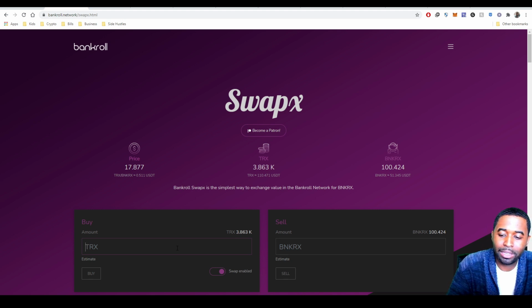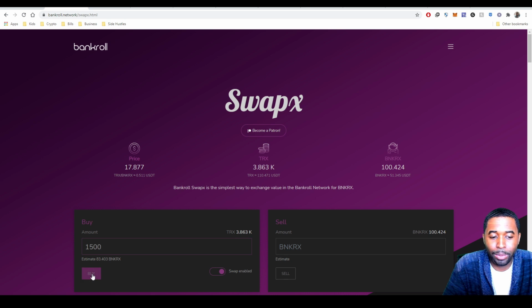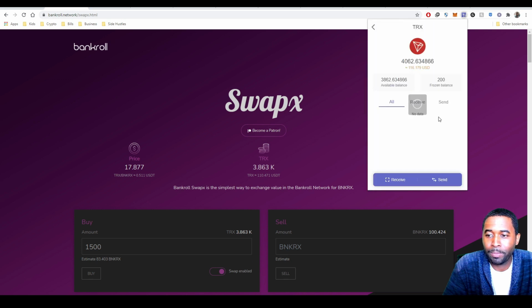So we would just take, let's say, the 1500 that we just got. We would hit buy. You can see here at the bottom how much Banker X we're actually going to get. So let's go ahead and do that. You have to make sure swap is enabled. So however much Tron you send, let's say you get 1600 like this example here. So 1595. Don't use all of your Tron. You might want to leave a little bit for fees because it does cost a little bit of Tron to